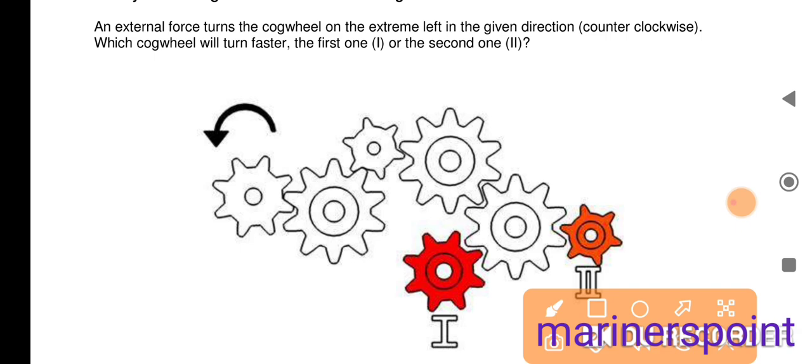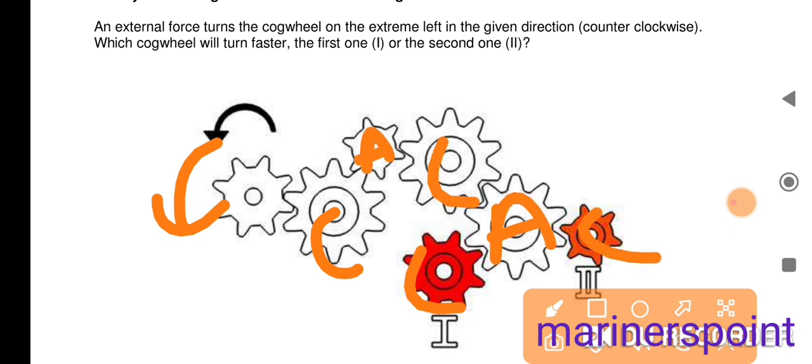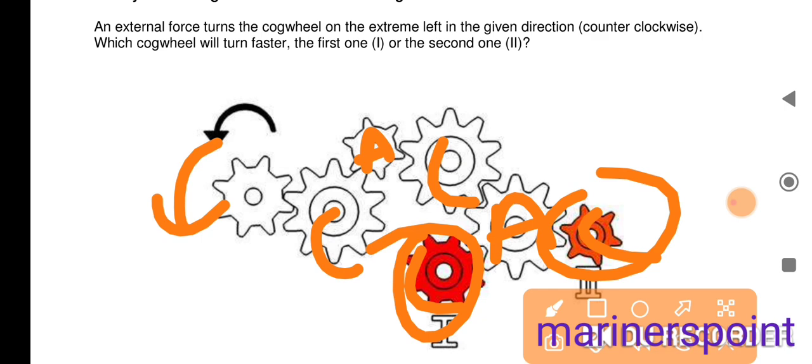Here we can see that in every figure all the teeth are meshing externally, so it is external gear. So if one figure, a drive or driven wheel, is rotating in clockwise, then the wheel attached with it rotates in the opposite direction. So let us check the direction of 1 and 2 because it helps in finding the answer in the exam. It is anti-clockwise, then clockwise, anti-clockwise, clockwise, anti-clockwise. This is clockwise, this is clockwise. So we can find the direction easily.